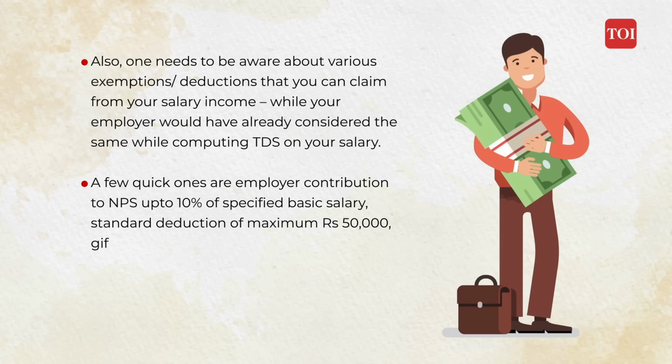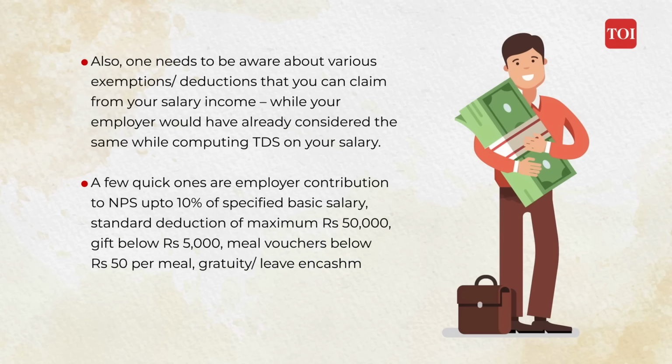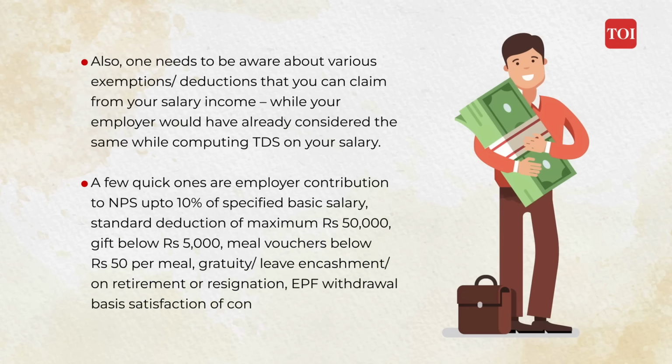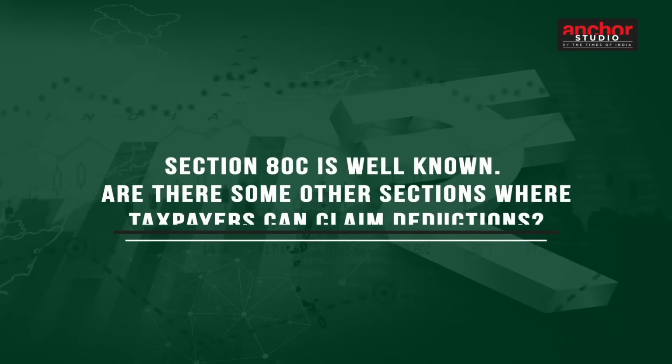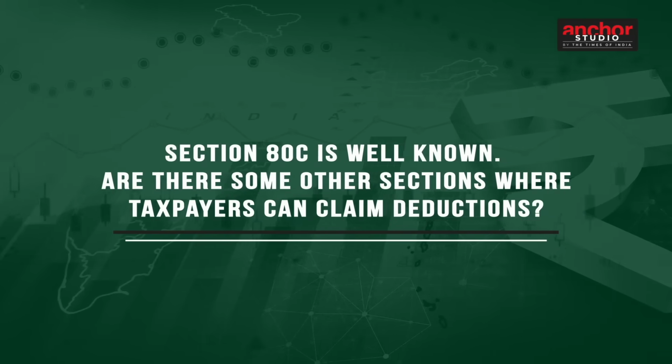A few quick ones are also if you've contributed as an employer to the new pension scheme or NPS, then up to 10% therein gets exempt. Then there are small ticket items if you've structured in your compensation, like meal vouchers or gifts below a particular threshold, so on and so forth. And then your retiral benefits, as the case may be, with the gratuity, leave encashment, up to certain specified thresholds are exempt from tax. Under the old tax regime, which people opt for, the Section 80C is a very well-known